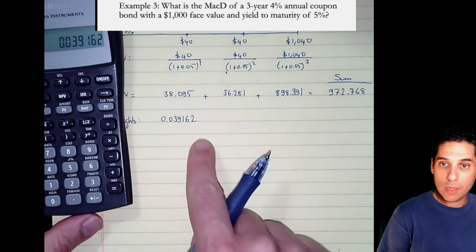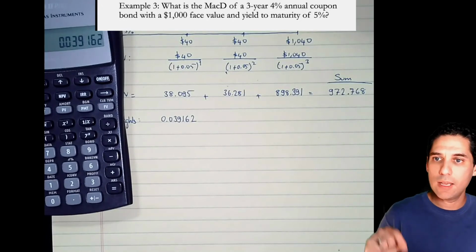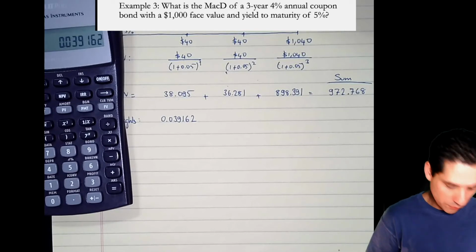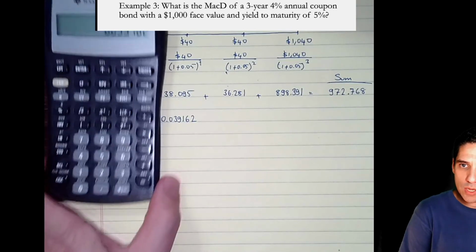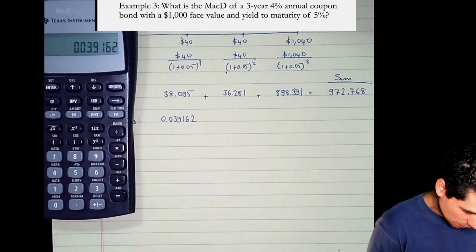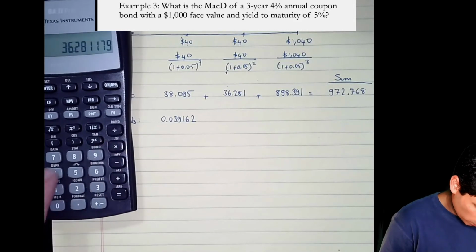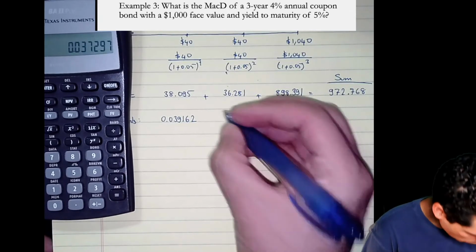And now I don't need this present value anymore, so I can replace, in the memory of the calculator, the present value for that first coupon with the weight of the first coupon. So I'm going to do store 1. So this is my new stored number. Okay, and then I go recall 2, 36.281, divide by recall 4, the total value, equals, that's the weight of the second one,